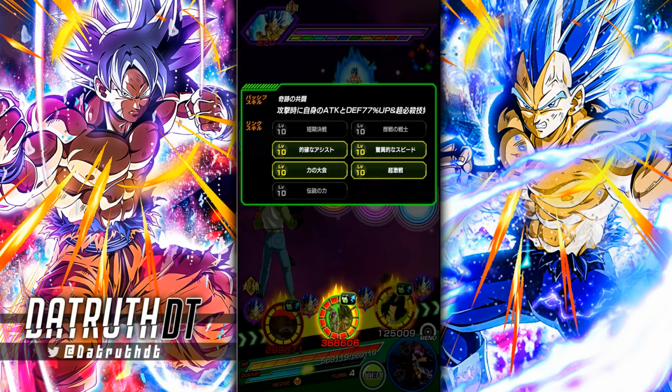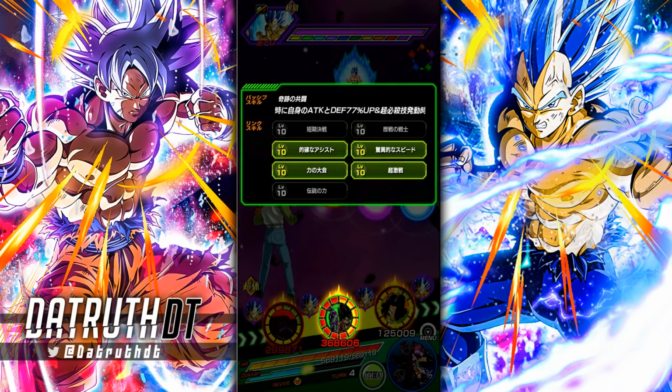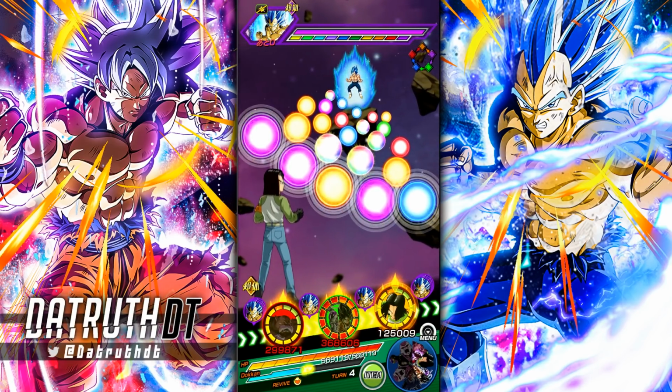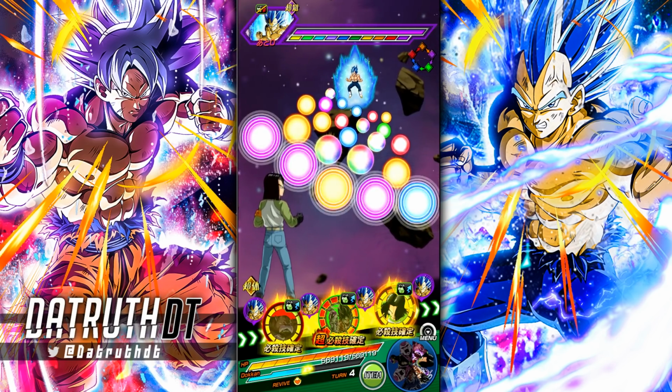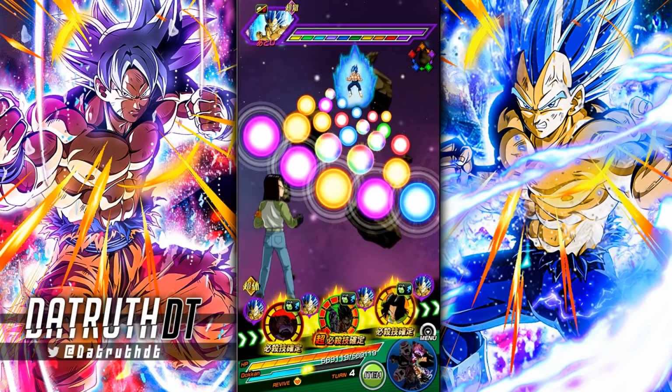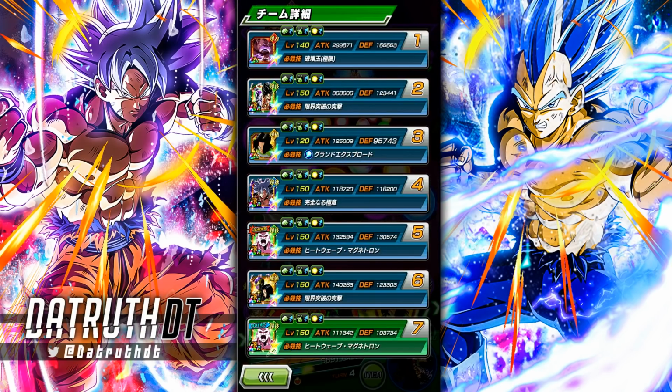Okay, so what links do we have active here? Again, we have Solid Support, Shocking Speed, Turn Up Power, and Fierce Battle. Now, Evolution Blue Vegeta right here is actually one of these rare enemies. He's immune to everything. Look at that. He can't be stunned, he can't be sealed, he can't be attack debuffed or defensive debuffed. But this will be a good...